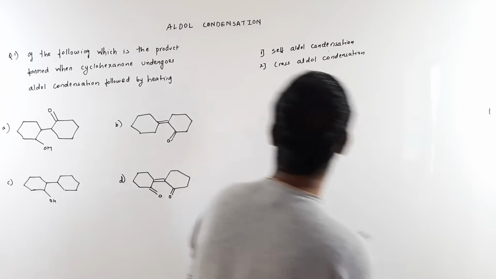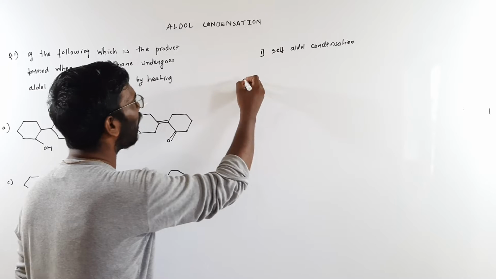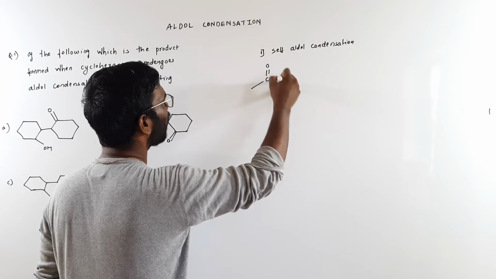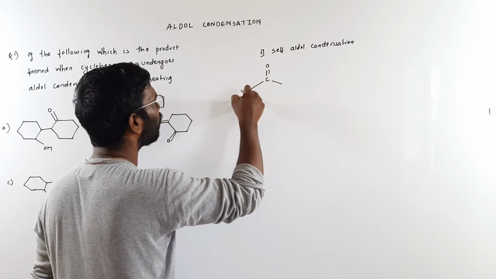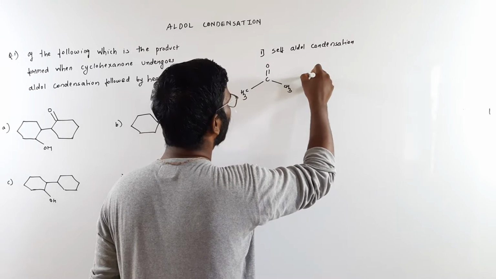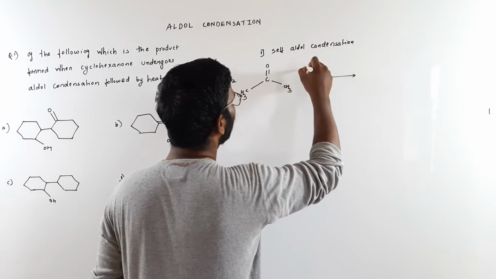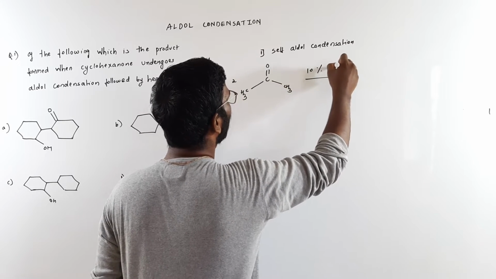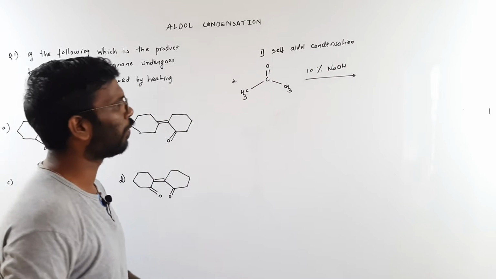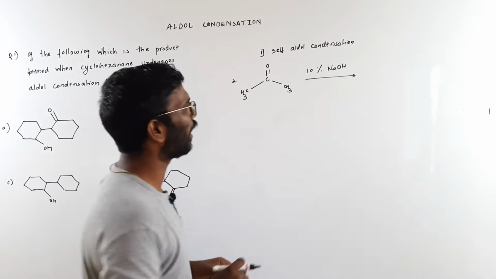Now let us first understand the self aldol condensation. Here I am taking a carbonyl compound. You take any carbonyl compound. Let's take a ketone. I am taking this ketone, 2 moles, in 10% NaOH. This is dilute NaOH base we are going to take, and what we get, let's go into the mechanism. We are going to get something called an aldol.